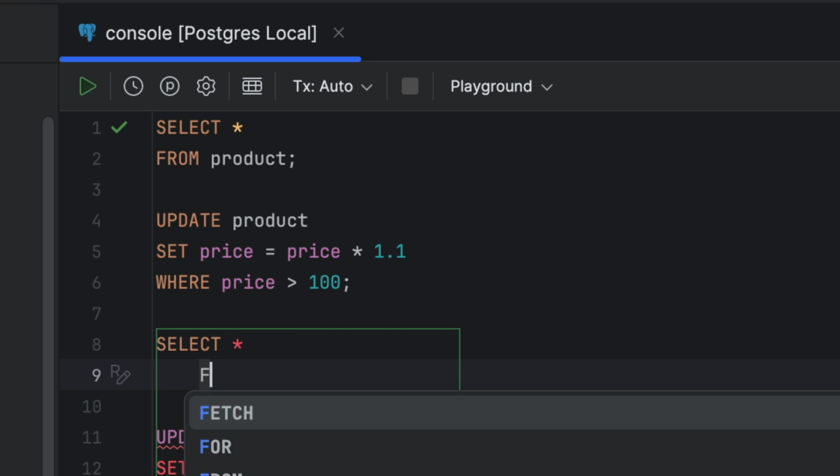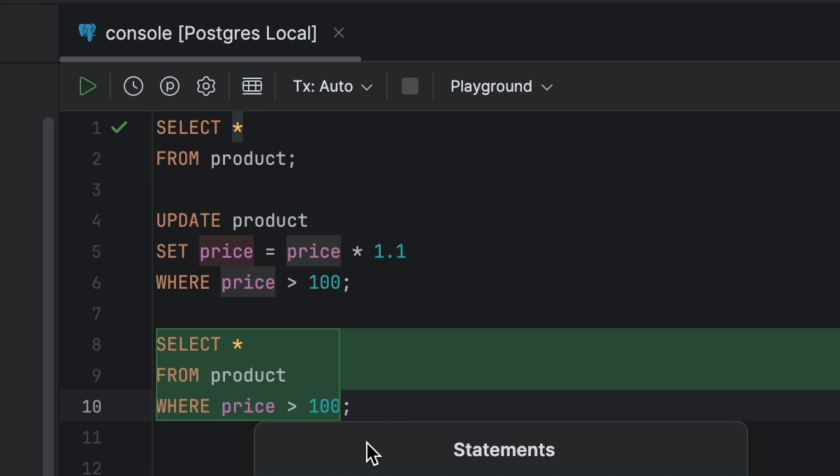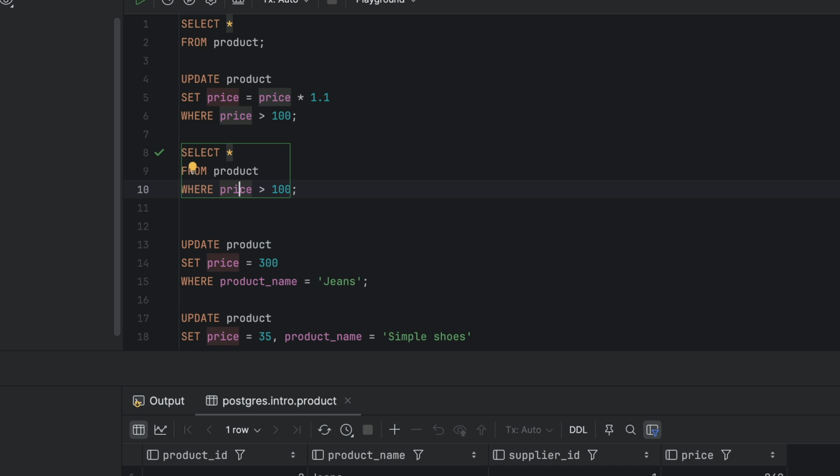One way to do this is to write a select statement that uses this where clause first. You can then see the rows that will be updated. If it's right, you can proceed with your update. If it's wrong, you can correct it and then update the data.